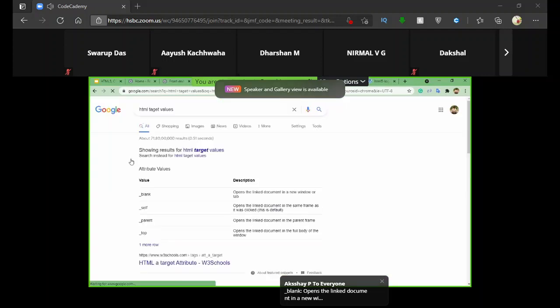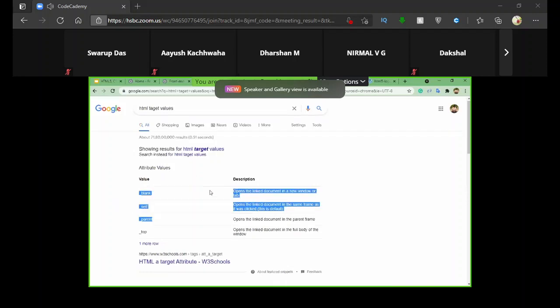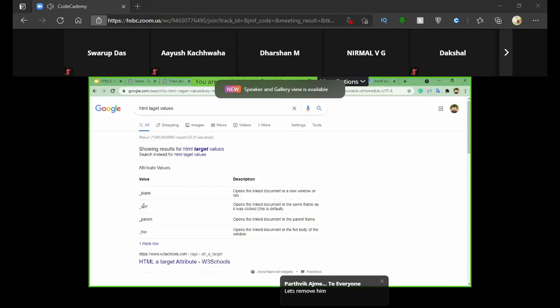Whenever you have doubts like this, always try to use Google. Google provides you with lots of good resources so that you can directly clear these doubts. As you can see over here, we have a couple of other values for target as well. We have underscore self, underscore parent, and underscore top. When we provide underscore self, this opens the linked document in the same frame as it was clicked.